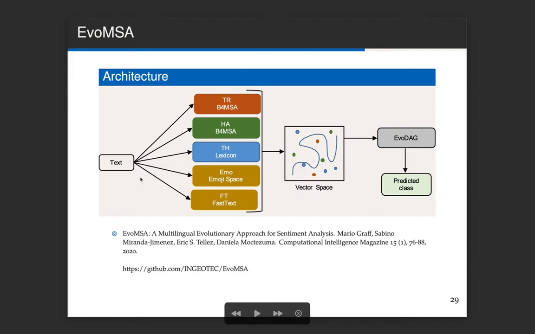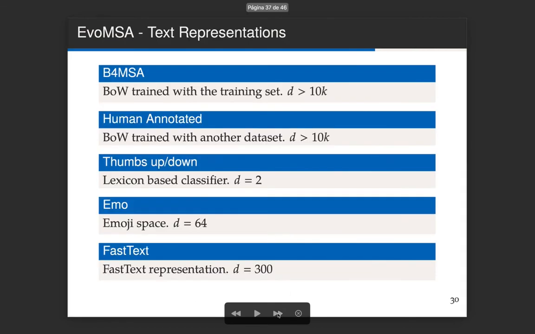So you have a text and you have many representations. This one is one representation, this one is another representation. This particular one is the emoji representation, and this representation comes from fastText. But let me try to write it down. The first representation is just a bag of words model trained with the training set.